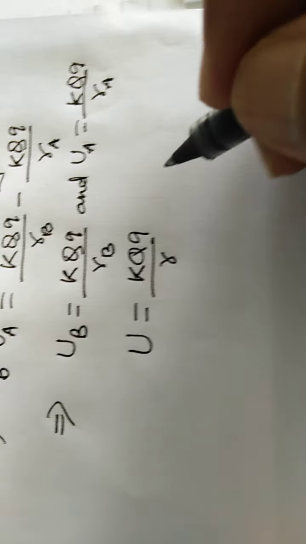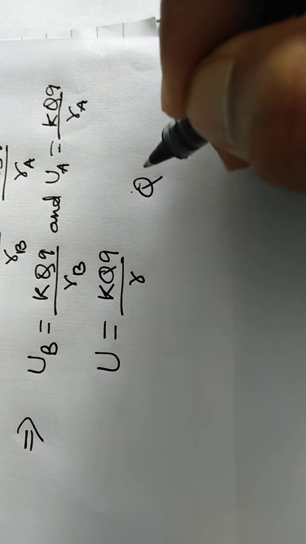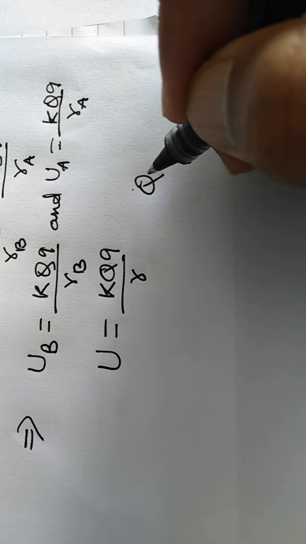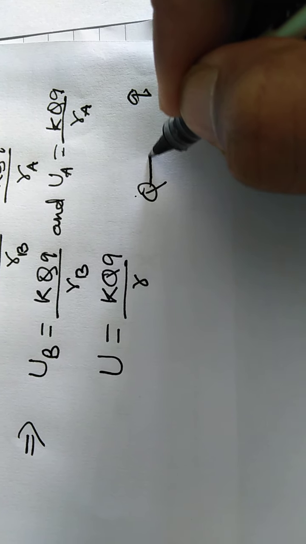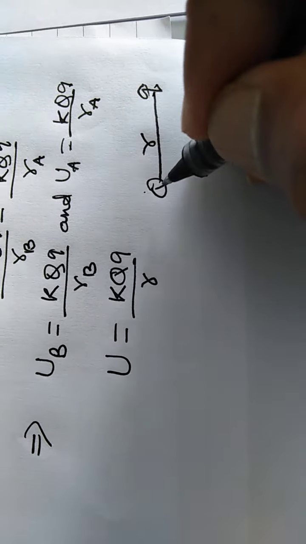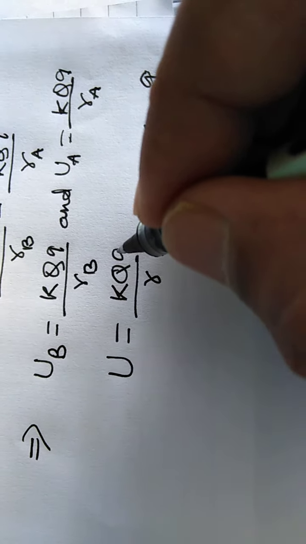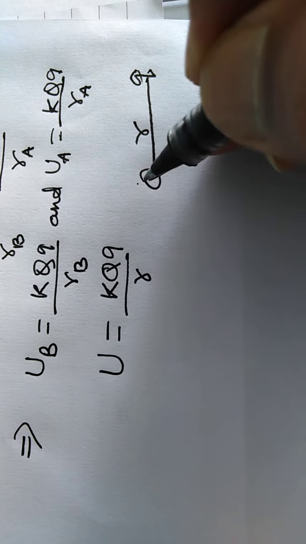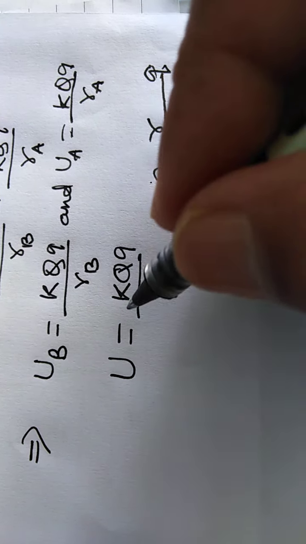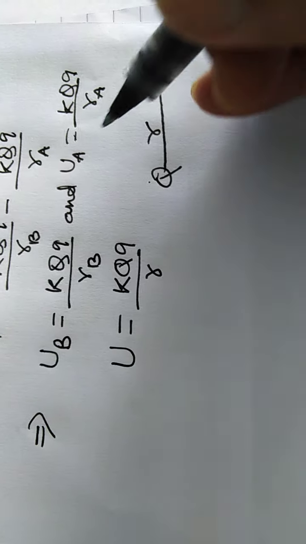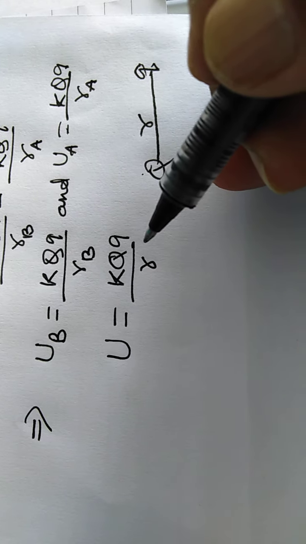If we draw the charges Q and q, this is the charge Q which was producing electric field shown in that diagram, and this is the charge q. Suppose this charge q is located at a distance of r, then the potential energy corresponding to this configuration is given by U is equal to kQq by r. So it is a very simple formula. Simply you can see that the charges are separated by distance r, so you have to write simply kQq by r. And you change the distance between the charges, U will change.